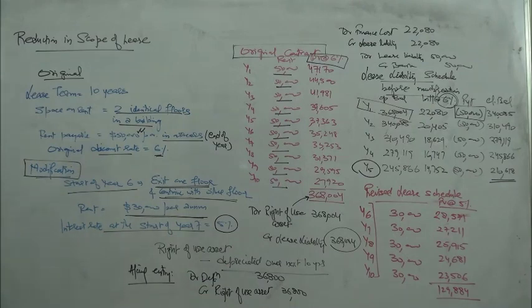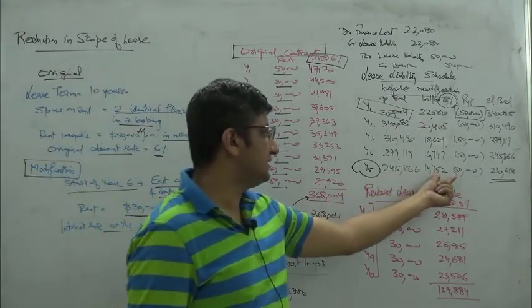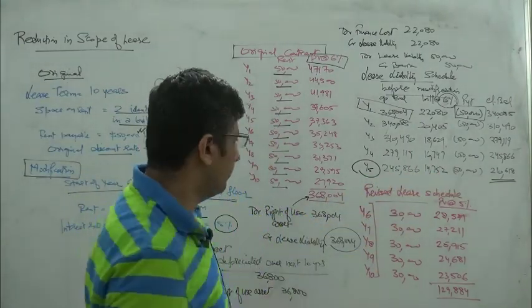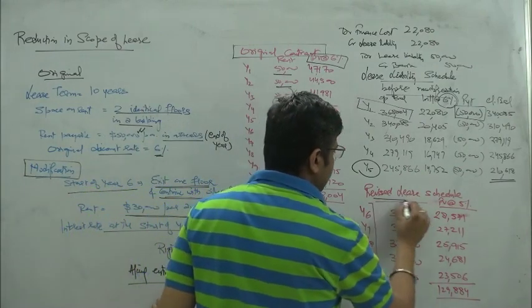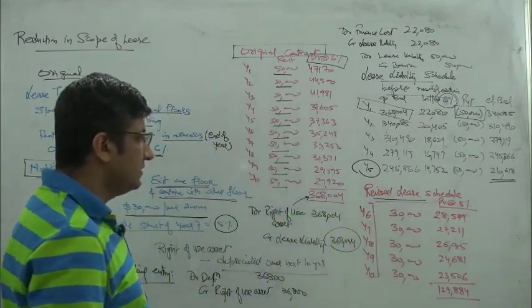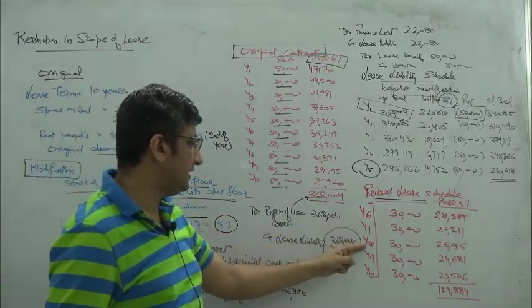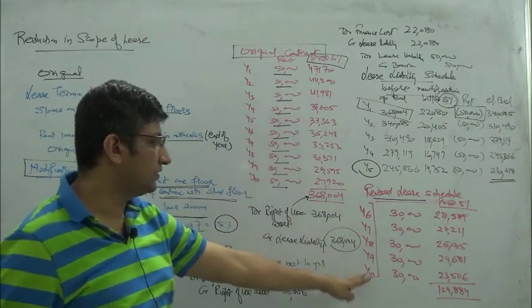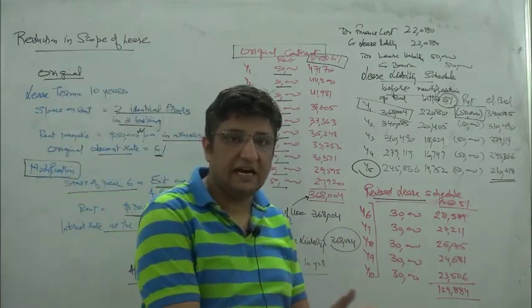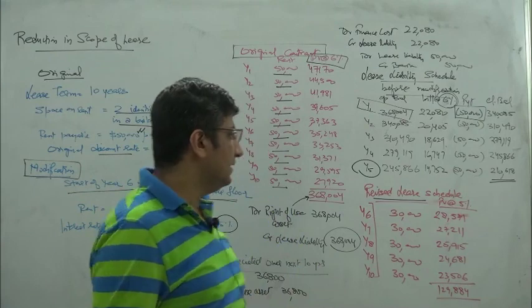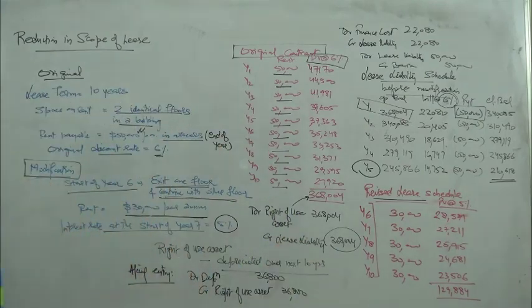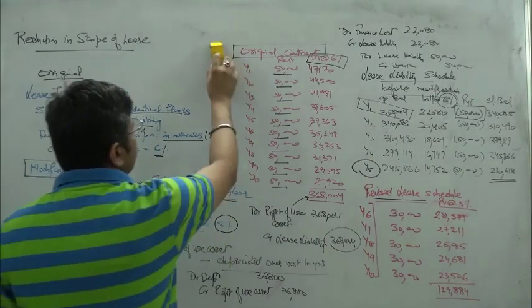So what we are now looking at, when we are exiting the lease of one floor, is a revised lease schedule. For year 6, I'm going to pay 30,000, likewise for 7, 8, 9 and 10. So from 50 it has gone to 30, but of course we have exited half of the space. Now, there are two things that we need to consider here. One is that,